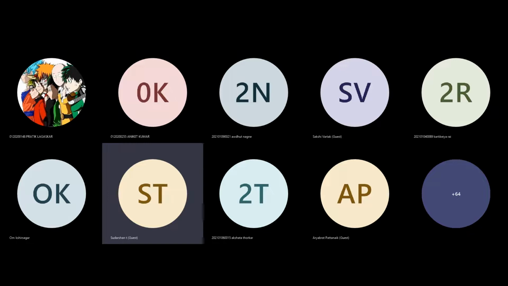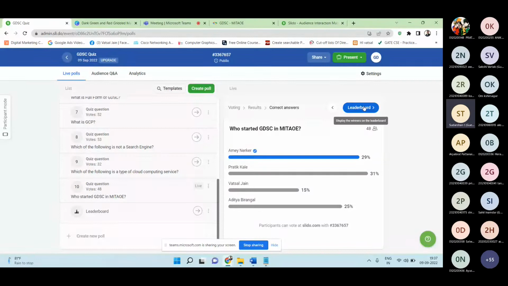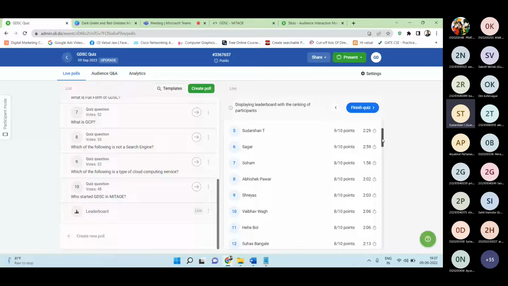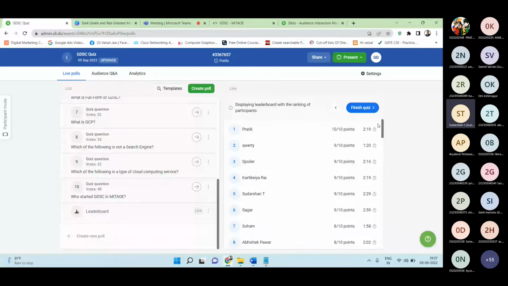So let me share my screen. Okay, so the leaderboard is here. Now let's see who is winning. Oh, Pratik has won, 10 out of 10. Is it Pratik Kale or who? Let's see. We will connect with him. And second is Purity.